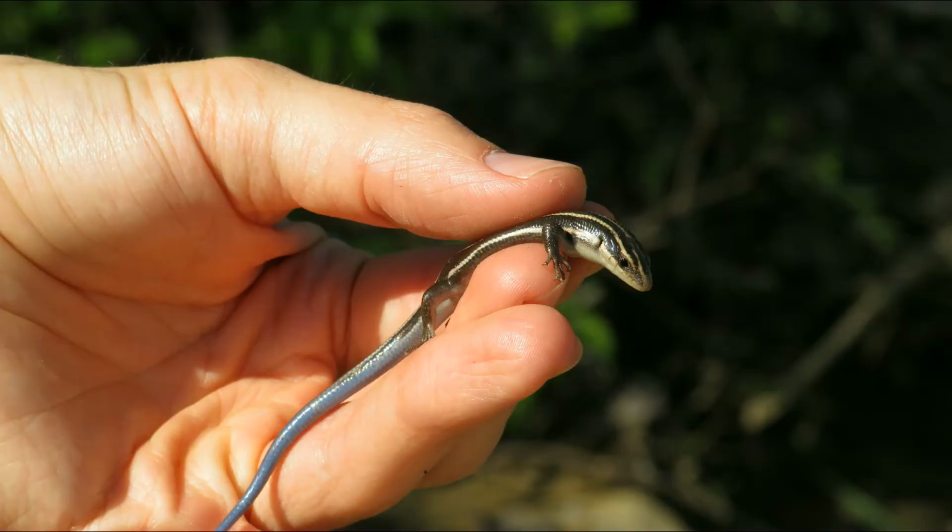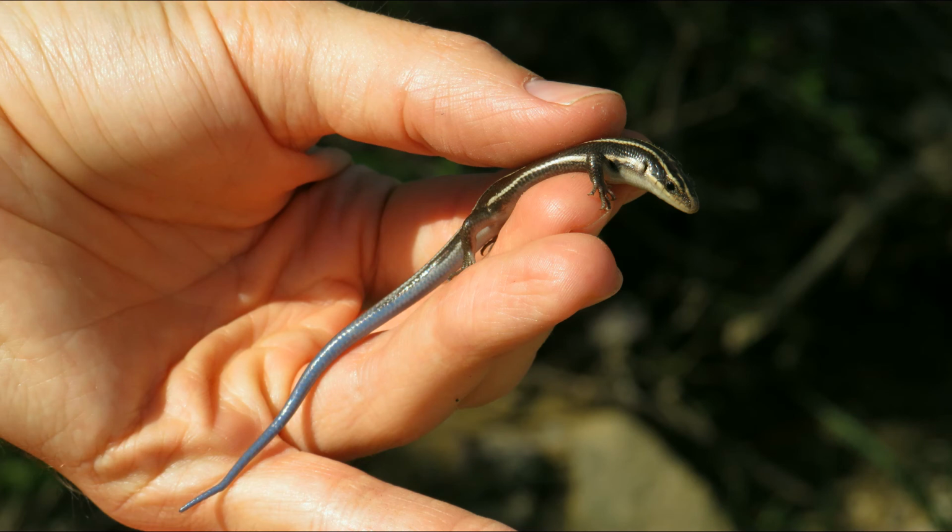This is the first new species of the day, and again, one of the many species that I don't really get to see in Colorado, although we do have some of its relatives, such as the Great Plains and many-lined skinks. These guys are actually rather similar to a number of other species that are found throughout the U.S. in their general pattern, including the blue tails. And even as they get older, males will often kind of fade out, the stripes will kind of disappear, while the females will often resemble the young a lot. And the males will develop a bright red head,